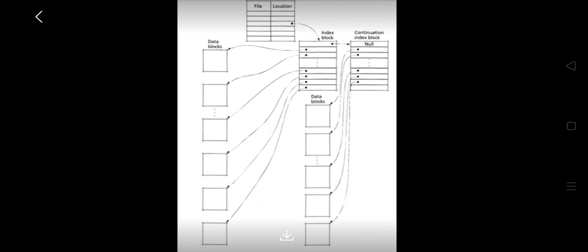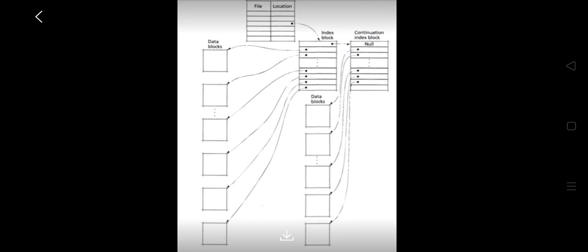So now what happens? We use a technique called chaining. In chaining, most index block implementations reserve the last few entries to store pointers to other index blocks. So the index block has pointers which point to the data blocks. The index block also has a pointer which points to the next index block in case the size of the file is large. In order to speed up file traversal, the index blocks are also required to be cached in main memory.